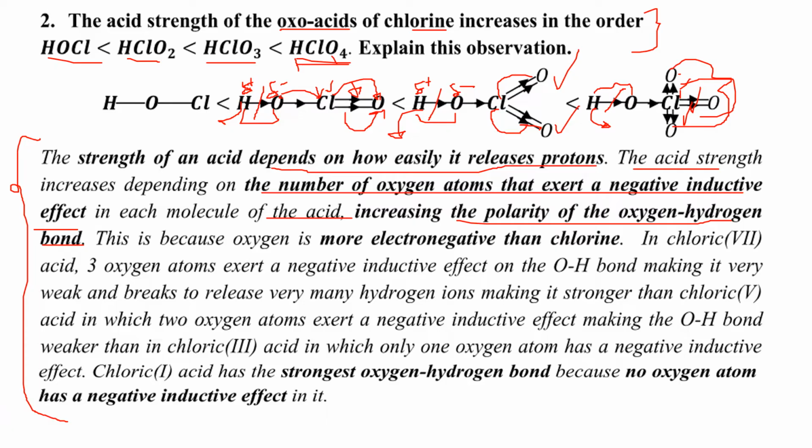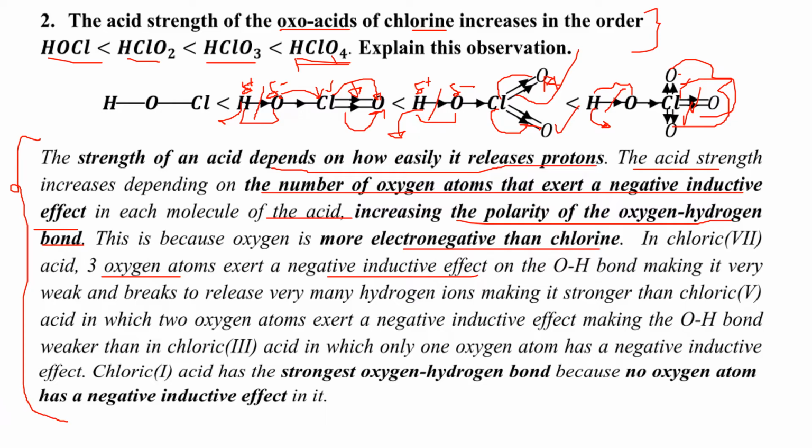This is because oxygen is more electronegative than chlorine. Since oxygen is more electronegative than chlorine, it withdraws these electrons toward itself, just like I represented with those arrows. By doing so, in chloric 7 acid, 3 oxygen atoms exert a negative inductive effect,